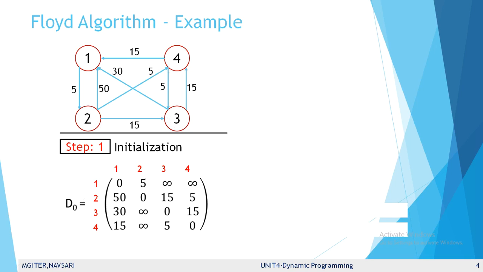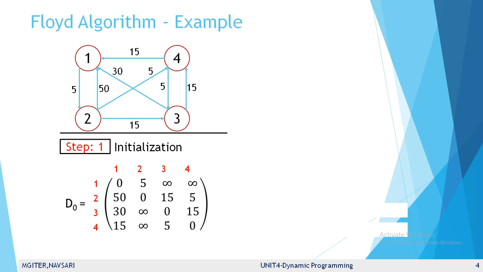Here we solve the all pair shortest path using a dynamic approach. The all pair shortest path problem is similar to the Dijkstra algorithm, which solves it using the greedy method. But here we solve it using dynamic programming. What is dynamic programming? It uses a sequence of decisions, meaning at each step we take a decision. Now we solve it using matrices.